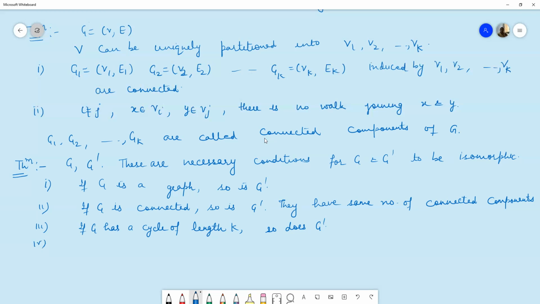If G has an induced general subgraph that is a complete graph Km, then so does G dash. If G has an induced subgraph that is a complete graph of order M,